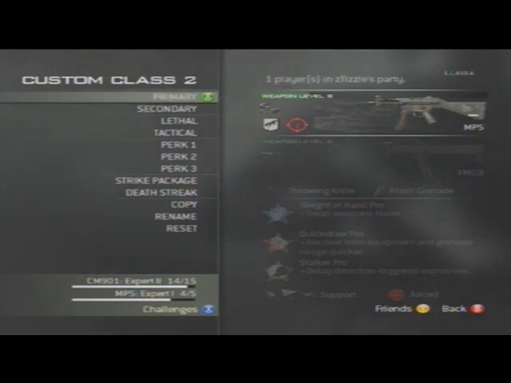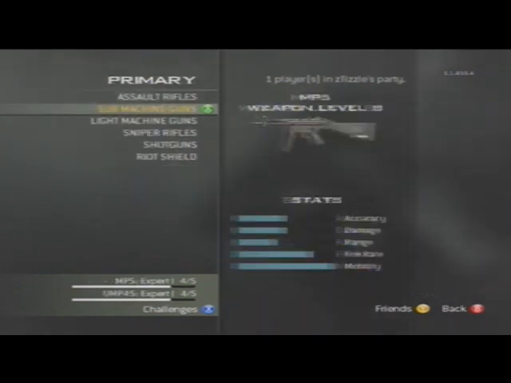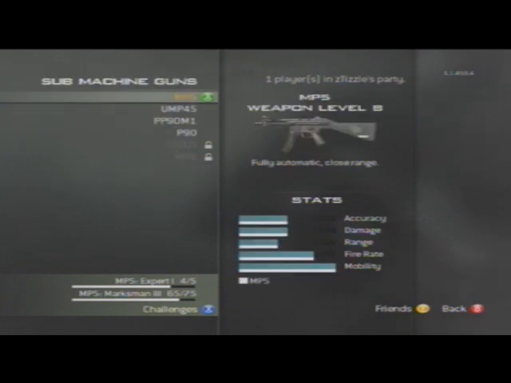And I'm using it with a red dot. The reticle doesn't matter. Like this one, it's personal preference. Like this one, I've got it chevron. On this one, I've got it a holographic sight looking thing. And I am using the proficiency kick, but that's pretty much because that's the only one I have. I would probably say for a submachine gun, use range, because the submachine gun's range does drop off pretty quickly